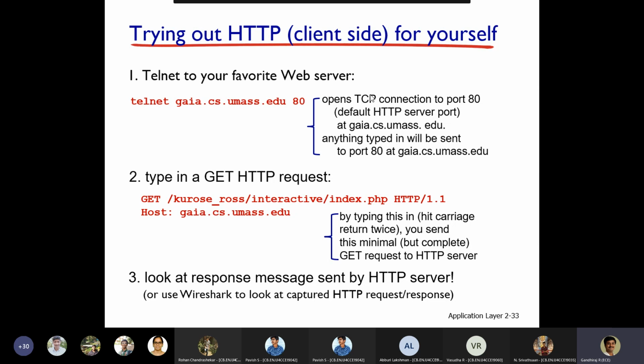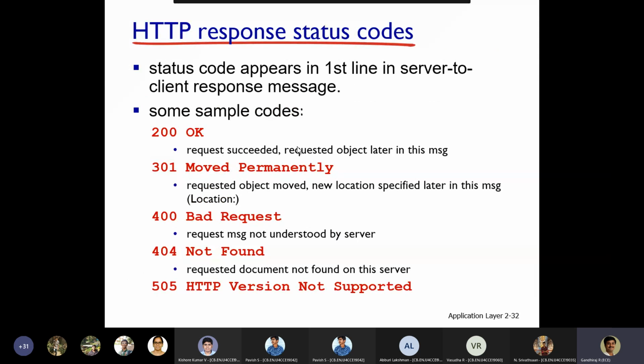In the previous discussion, we discussed the HTTP response status codes, especially when a client sends a request and the server responds, if there is any error in this communication.